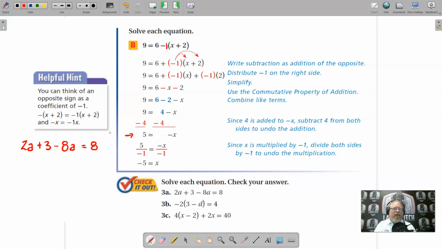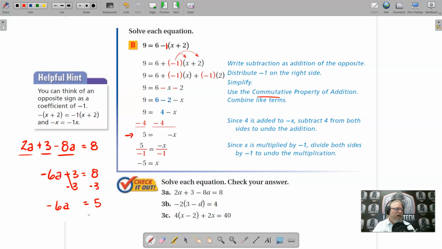So I'm not really going to bother with writing a separate line for the commutative properties and switching things around. I'm just going to see, oh, I have 2a's here and a -8a here. So let's add 2 plus -8, that is going to be -6. -6 what? -6a. I still have the positive 3. Let's go ahead and bring that down and bring down the 8. Now I need to get rid of this positive 3 with a -3. What I do to one side, I do to the other. These 3's will cancel, and that leaves me on the left with a -6a equals, and 8 minus 3 is